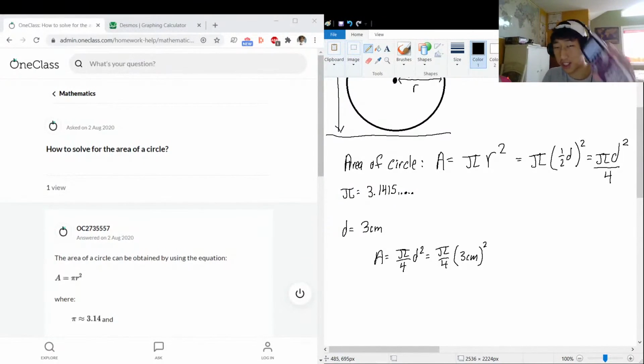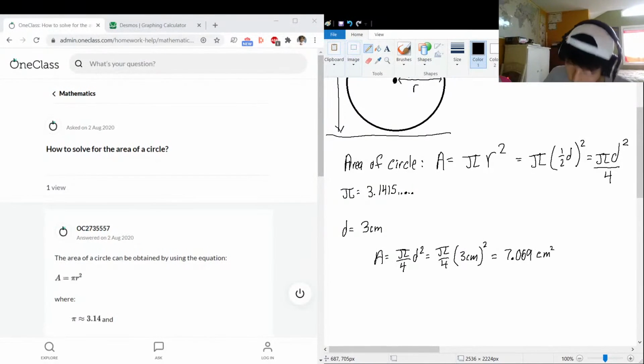So I'm going to pull out my trusty calculator. And I will do pi divided by 4 times the diameter, which is 3, and we're going to multiply by 3 again, because that's what it means by squared. So we know that the area, in this case, is going to be 0.069